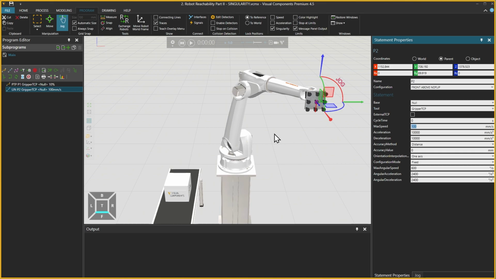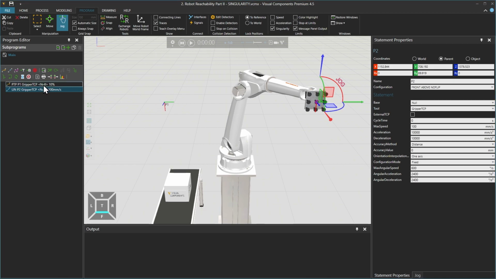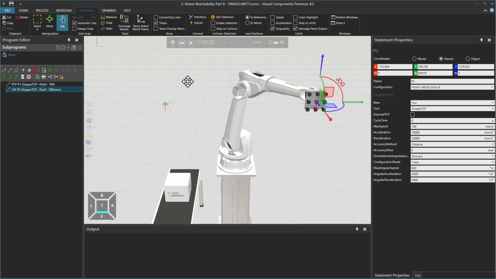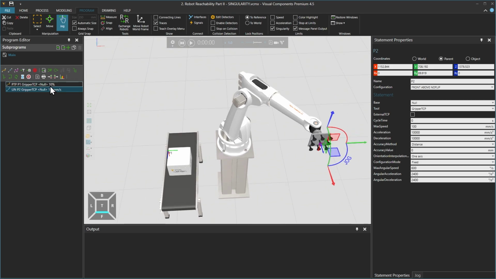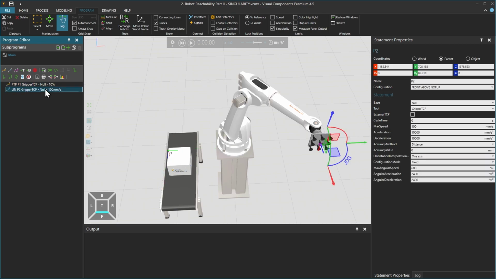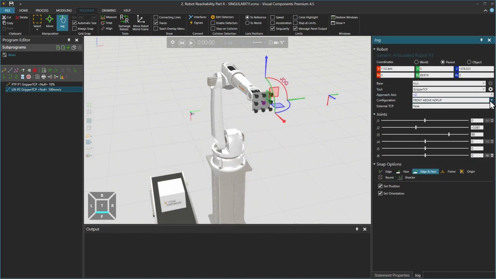As we noted in our Part 1 video, from the 3D World toolbar on the left, enabling frame types and robot positions makes it easier to see the locations of your motion statements in the 3D world. If we select the motion statements we have created, the robot will jog to those positions. Wrist singularity would not occur at these positions, since joints J4, J5 and J6 are not in line, and there is just one set of joint values that supports these positions, except for any other configurations available for this robot.